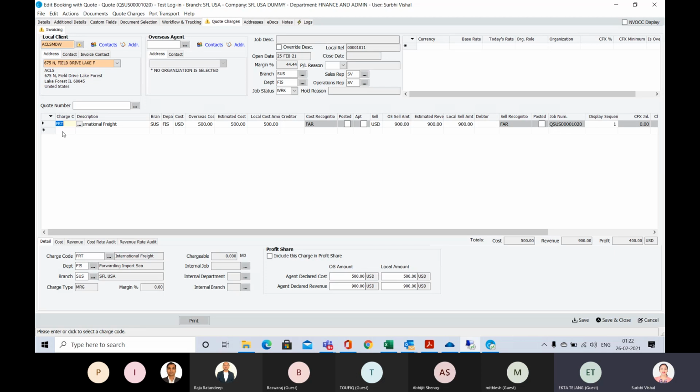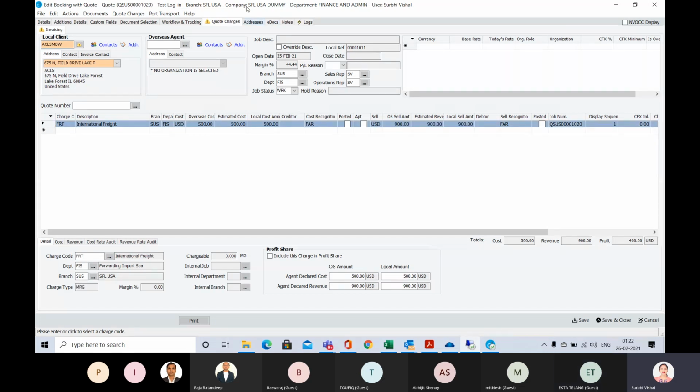The buy and sell is on the same line, right? Yeah, it's on the same line. Ekta, I just want to confirm that this is the rate which has been sold to the client, so it has been taken from there only. Okay, fine. I am asking because there might be some additional charges as well. Yes, you can add on here.